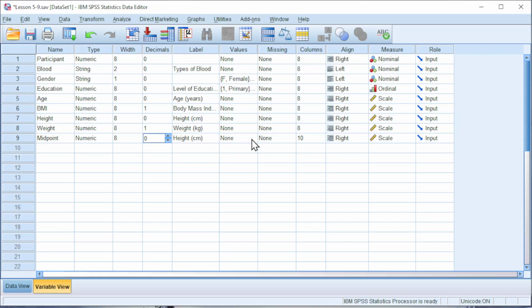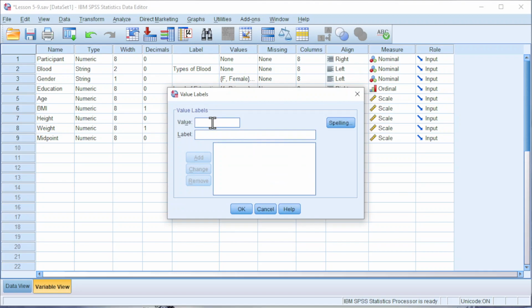Click on the values. Label the value 145, which represents the class 140 to less than 150. Click on Add. Next, we have 155, which represents 150 to less than 160. Add. Next, we have 165, which represents 160 to less than 170. Add. Next, we have